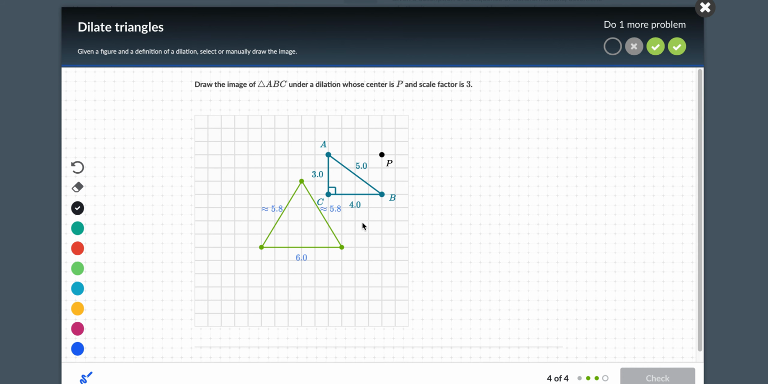All right, last one here. Hopefully you're starting to get it. I encourage you, if you feel like you're starting to get it, pause the video now and try it for yourself. All right, continuing on. So, draw the image of ABC under a dilation whose center is P and scale factor is 3. Okay, so A is at